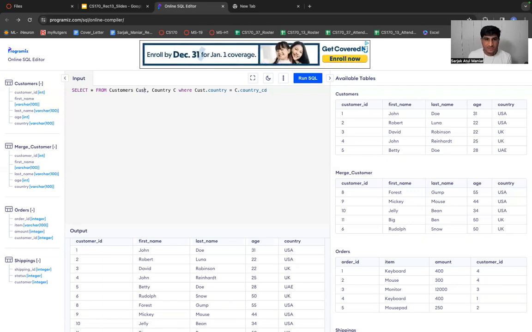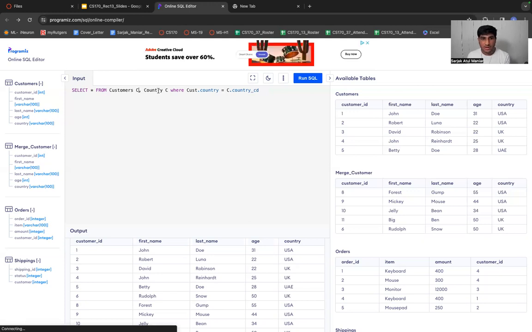Country C. I can of course write it as C over here, but it will be a case of ambiguity, because for country also you want to rename it to C. For customers also you want to rename it to C. Of course, the compiler will get confused about which one you actually want to access, right? So for that purpose, I can write it as cust for customers, and for country I'm writing it as C. So where cust.country, now this particular country column is present inside the customers table, right? So for that purpose, I'm using this alias name cust.country.